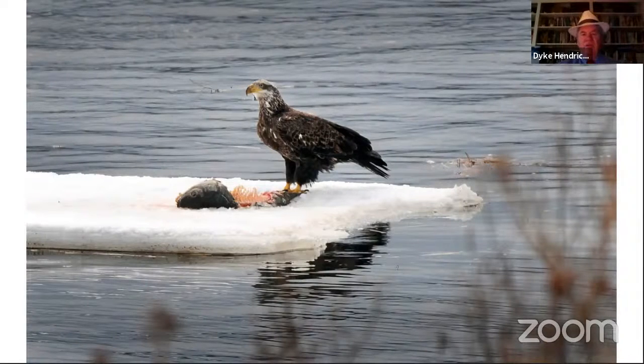In recent years, as the river has become cleaner and the weather has become a little warmer with climate change and whatever, the river doesn't freeze over as it did a century or so ago. You have ice floes, but you have many eagles coming back, ospreys coming back, some fish are coming up the